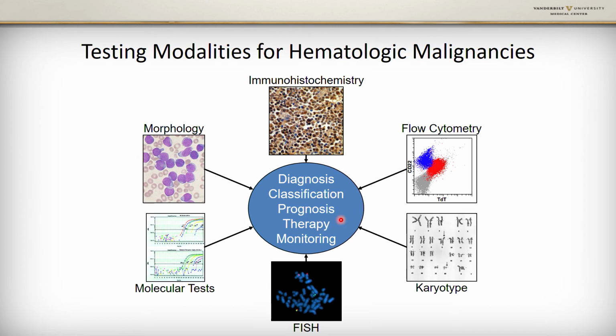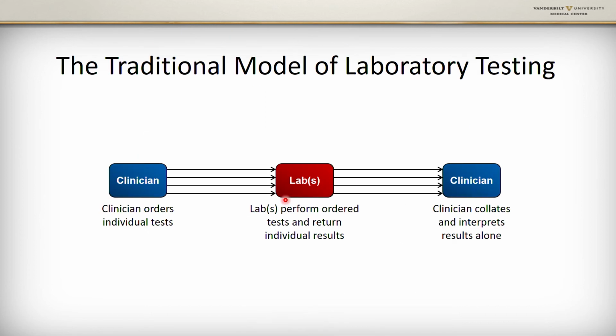But the presence of so many different diagnostic modalities is a bit of a double-edged sword. In addition to the power that it gives us to characterize these cases, it can also create a lot of challenges and confusion when it comes to deciding what test to order in a particular case. So the traditional way that lab tests are ordered is what I call the catapult model of pathology. Basically, you have a clinician, and a clinician has a patient,